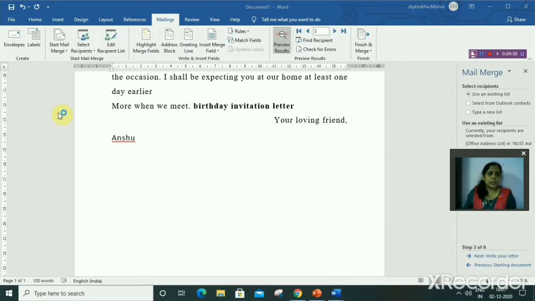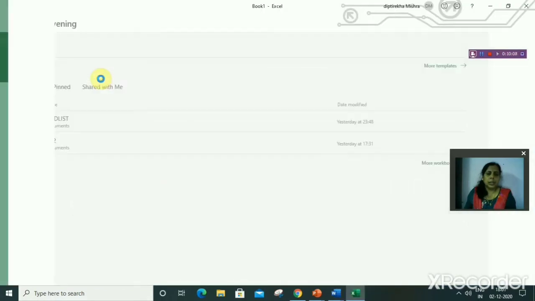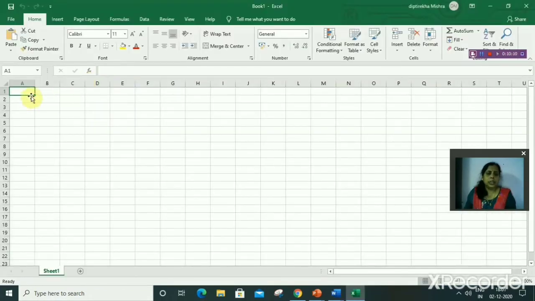Select Excel. Blank document. Okay. Here write the recipient list.